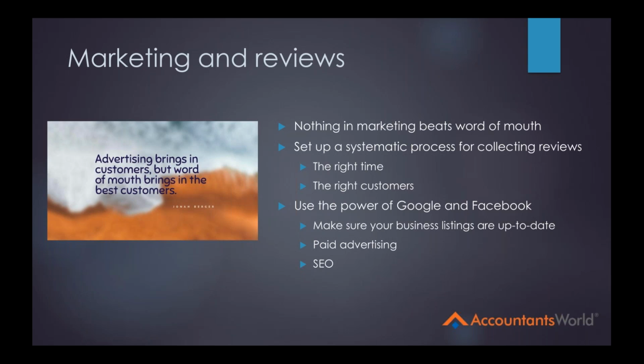And then finally, search engine optimization. That just means making sure that your site says the words and answers the questions that your visitors to your site are likely to have, right? So make sure that when you look at your site, or when your clients look at your site, they're getting their key questions answered, because that's really the barometer that Google uses to determine how high they're going to place you in rankings. It's a combination of how popular your site is and how accurate it is at solving what